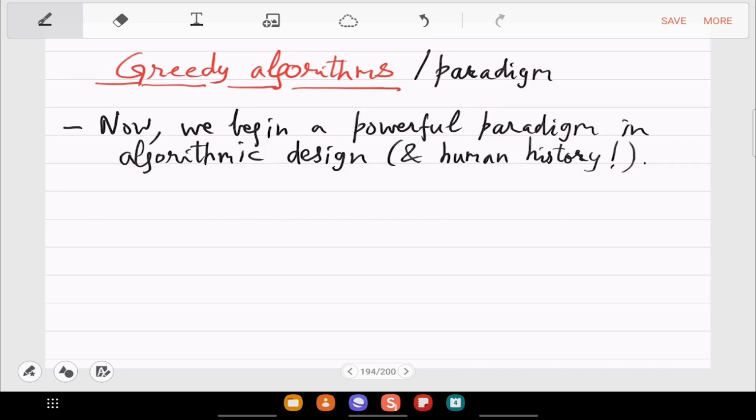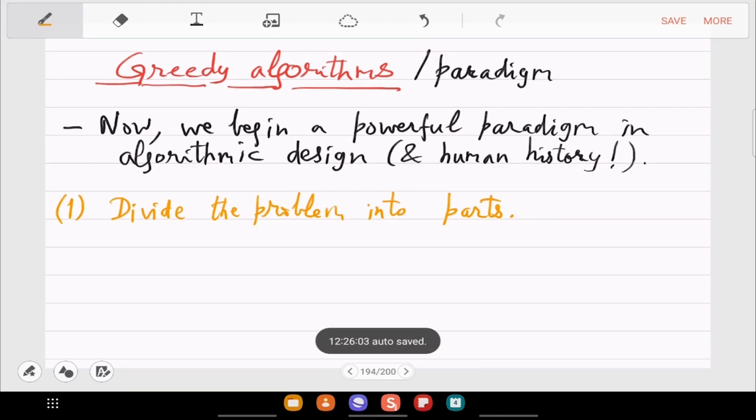It's a bit confusing with respect to the divide and conquer paradigm, so I have to write how it is different, and then you have to revisit these steps. Usually what happens is you divide the problem into smaller parts, and these parts should look the same as the original question, as sub-problems. You already did this in the divide and conquer paradigm too. So how is it different?